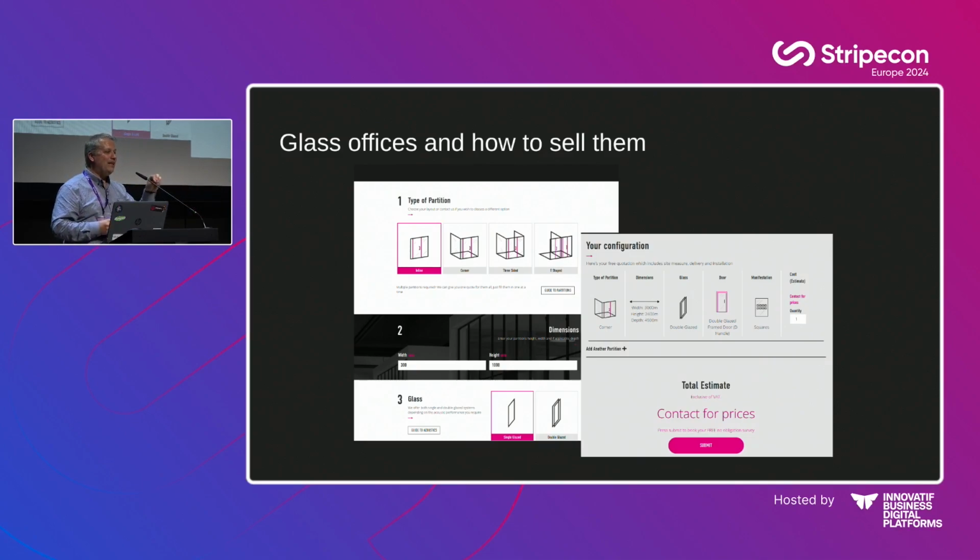But it was actually really important for the client to be really, really transparent about what they were getting into. And what they found was it actually created higher quality sales leads in the end because they weren't having to deal with all the people who thought, oh yeah, we'll just install some glass offices, we've got £5,000, that would be enough. They realised actually that's not even close. That doesn't even cover the site visit. So